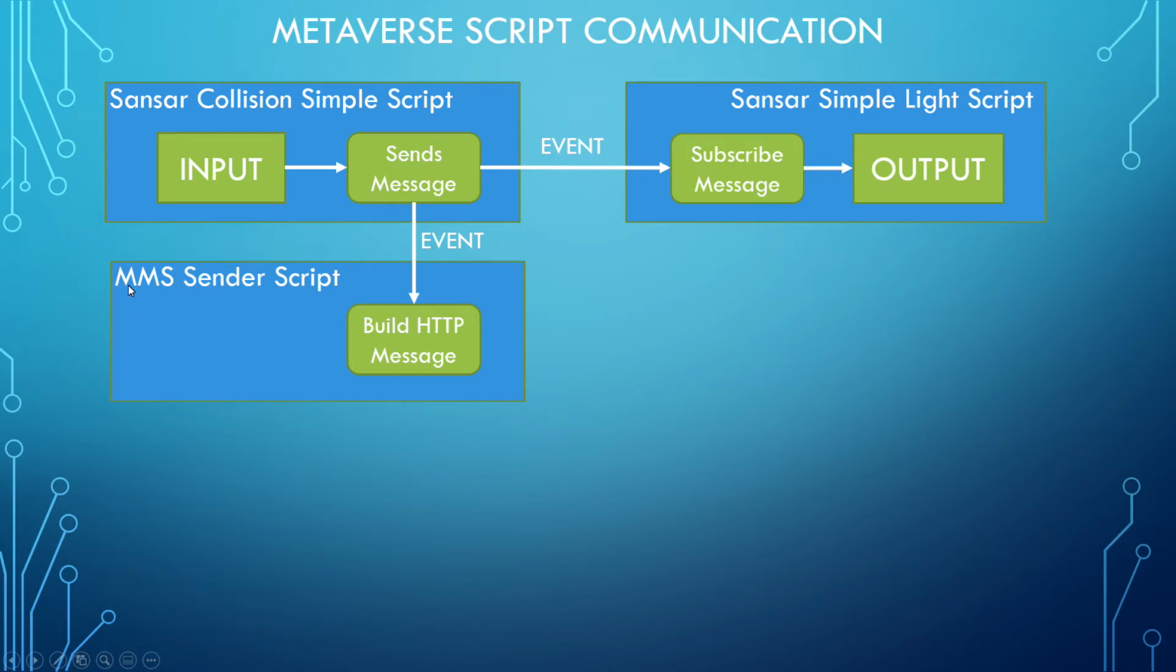There's an MMS, meaning Metaverse Messaging System, and that's what Ori and I have written. I've written the how-to-get-into-them part, and she's written the backbone. So the MMS sender script builds an HTTP message. What's HTTP? That's basically the language of the web. It sends an HTTP message based on the simple script. So basically this script is running, and it's listening for that message. It's listening for the light on, for example. And then it builds an HTTP message and sends it